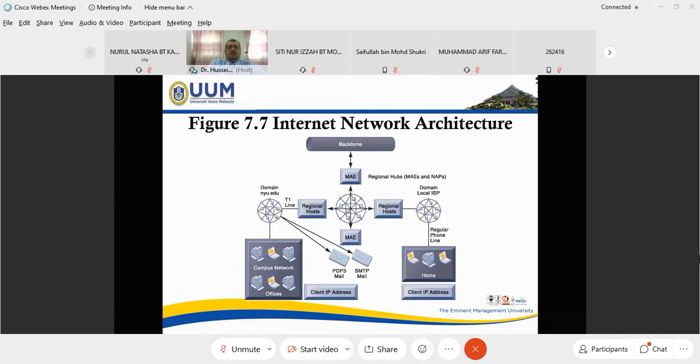Generally speaking, in the internet structure, you can connect to the internet through a regional host. For example, you are a company, or a campus, or you are at home connecting to the internet. So who provides internet in Malaysia? We have TM. Other companies connect to the internet through the backbone or the hub, which is TM in Malaysia.